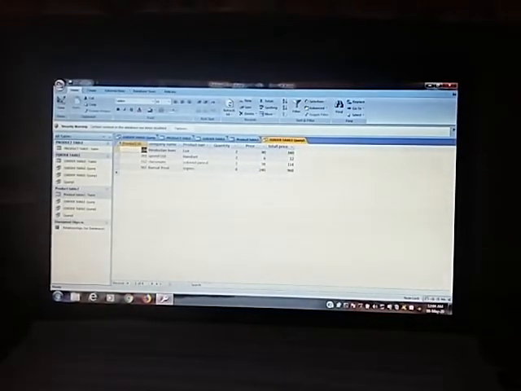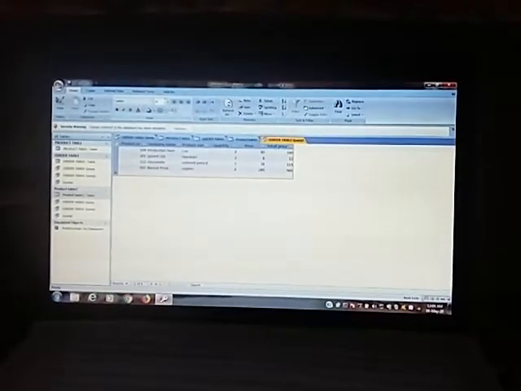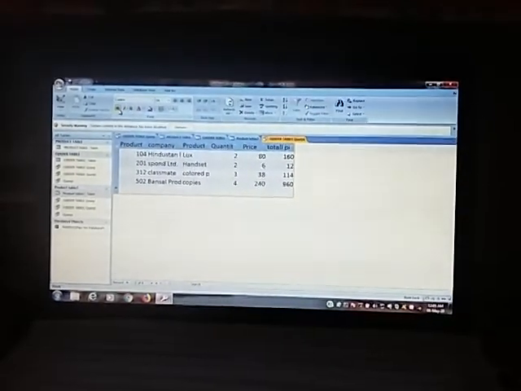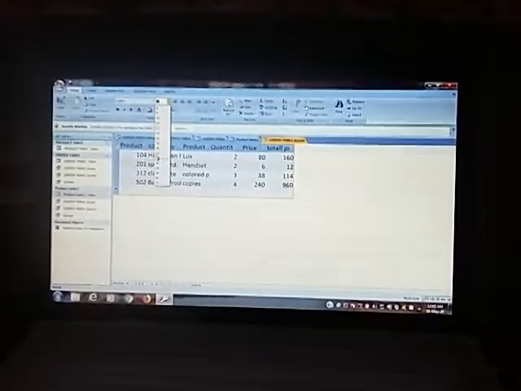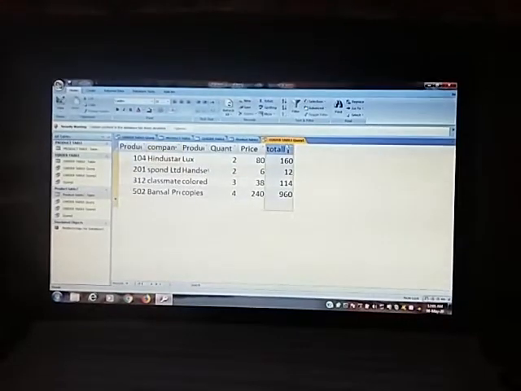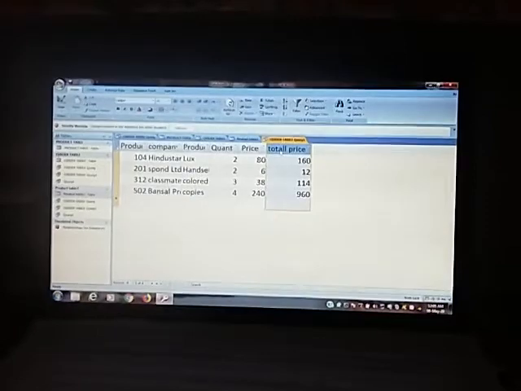So first you have to select all the fields and increase the size.